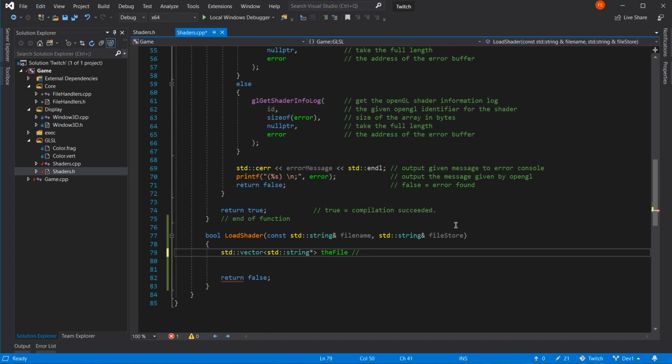So that is an array for storing each line of the file. That's what it does. Yeah, okay, we're okay so far. No, because I didn't put a semicolon there.